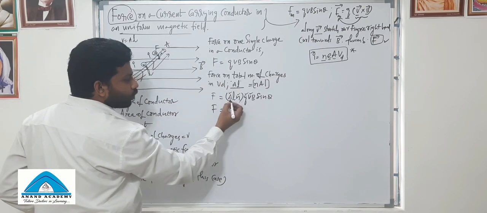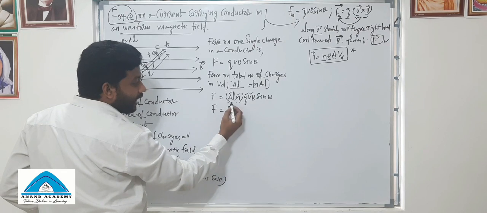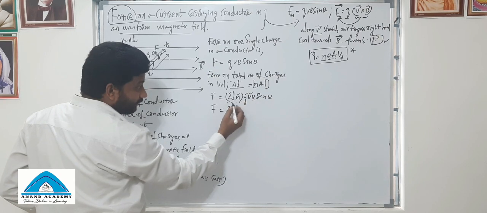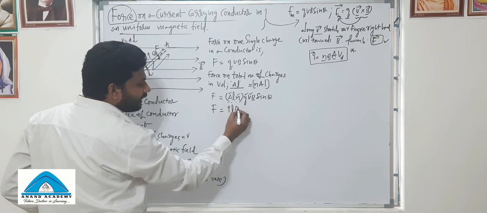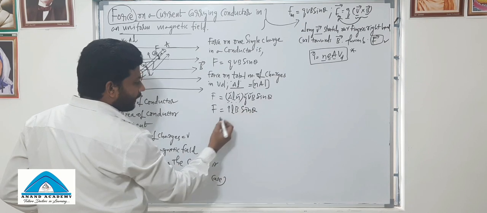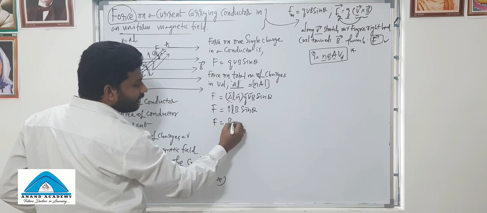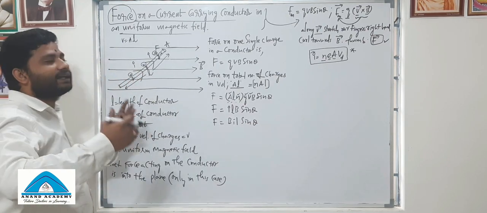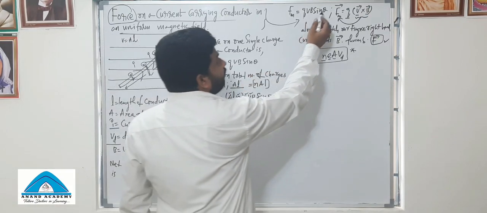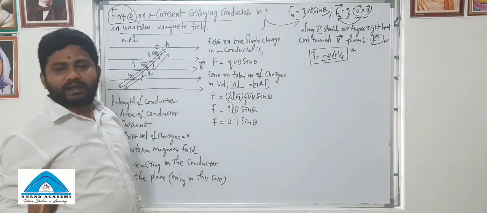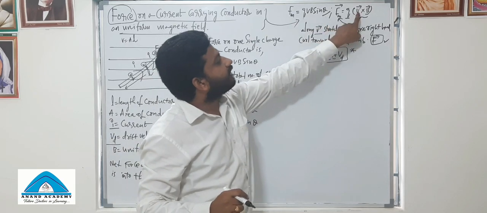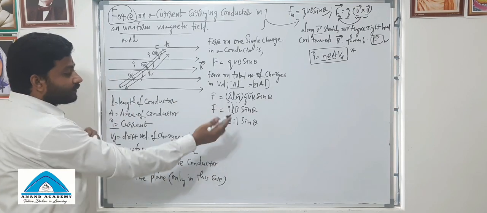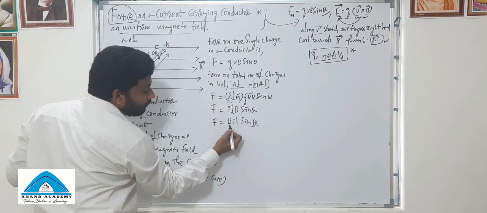Understand? Everything is here. So these four physical quantities are represented with the symbol I, the product of them. Then the remaining is L, and this is B, and this is sine theta. So F is equal to BIL sine theta. And carefully look at the situation here. What is theta here? In the force on a single moving charge in a magnetic field, theta is the angle between V bar and B bar. Whereas here the theta is the angle between L bar and B bar.